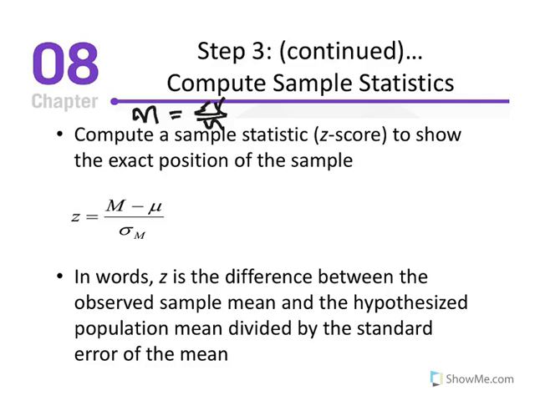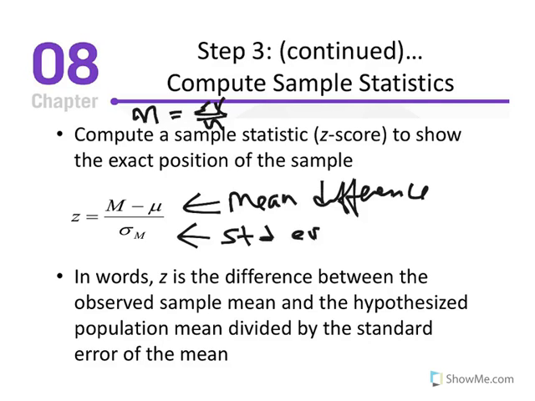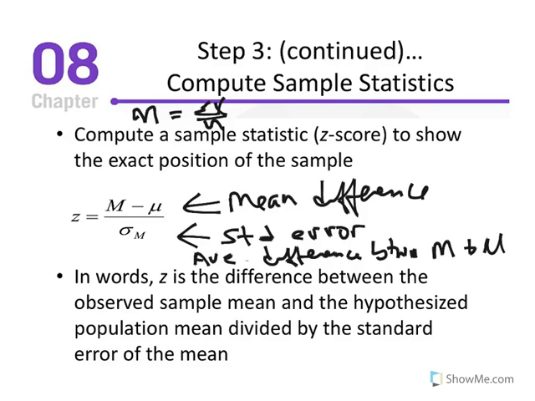So we compute a sample statistic, which is the z-score, to show the exact position of the sample. And here's our equation. Z is equal to the sample mean minus the population mean divided by the standard error. So again, this is the mean difference, and this is the standard error. Again, the average difference between M and mu. And again, as we learned back in chapter 5, the z-score is identifying the exact location